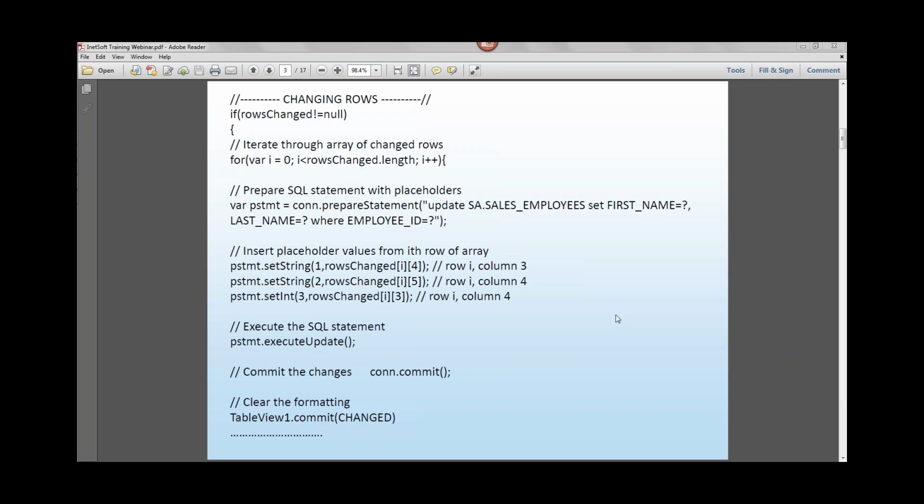Also, as I mentioned before, this example is in the documentation. So if you search the documentation for database writeback, or committing data to a database, any of those search terms should work. You'll find a more general version of this example that will also look not only at changing rows, but also includes an example of adding rows and deleting rows to the database. So it has the corresponding SQL for those use cases as well, adding and deleting rows. If you're wondering how you construct a statement that does that, take a look at that example. It should help.